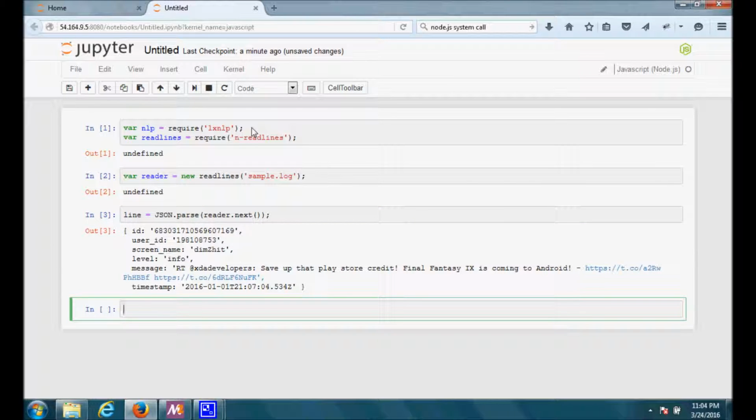This is actually a log of messages coming from Twitter. And so here you see the first message in the file. It's in JSON, as I said, and the message field is actually the text of the Twitter message. So the first step for any NLP processing is going to be to load the text